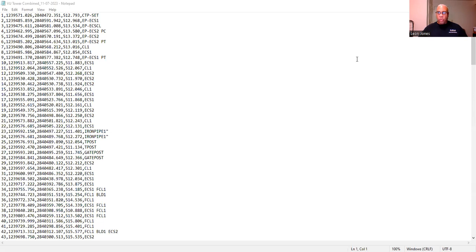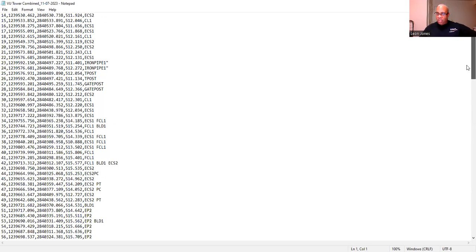All right, these are what you call coordinates. And you see all of these codes: PT, that stands for point of tangency, point of curvature. You see, when they shot this point, there's an iron pipe, there's a gate post, there's a building, there's a concrete structure. This is what goes into that data collector, and all these points are then dumped